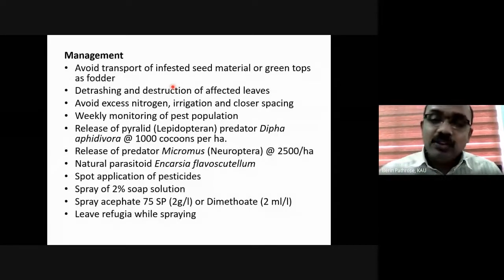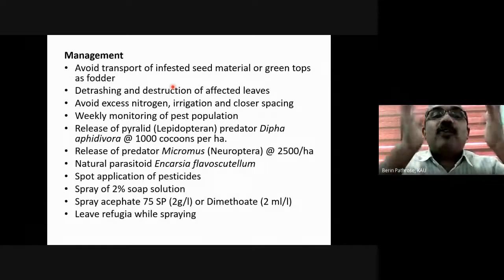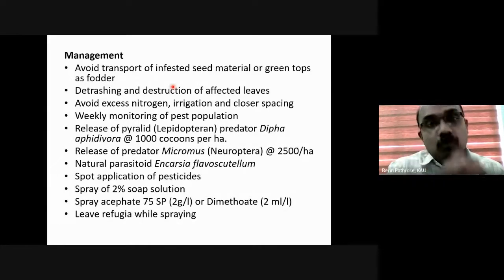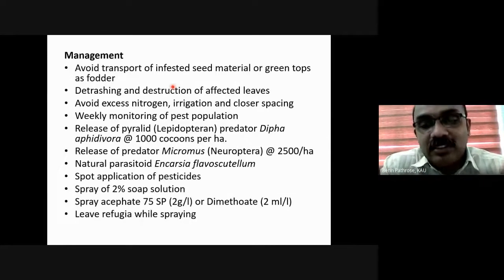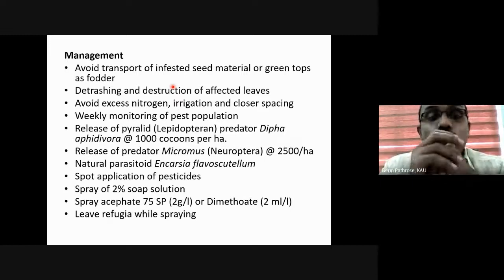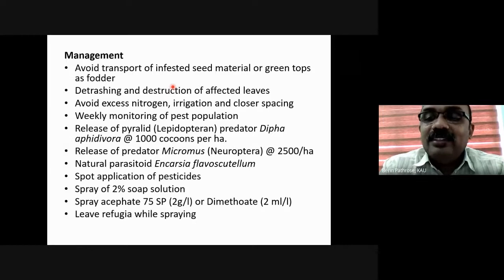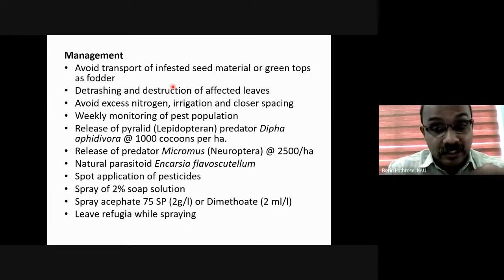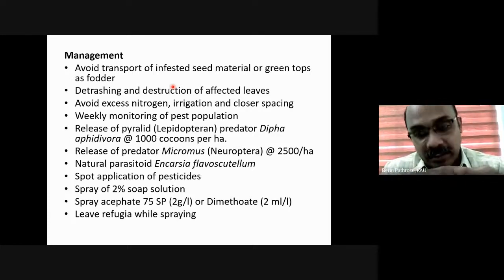Remember, in those pests such as mealybugs, woolly aphids, etc., which have a waxy coating over their body, we can go for a spray of soap solution, because soap solution will destroy this waxy coating over the mealybugs as well as woolly aphid. Once this waxy coating is removed by soap solution, then the insect can be easily predated or parasitized by natural enemies. So remember this, if we have a mealybug infestation, usually that is the one which we normally encounter here.